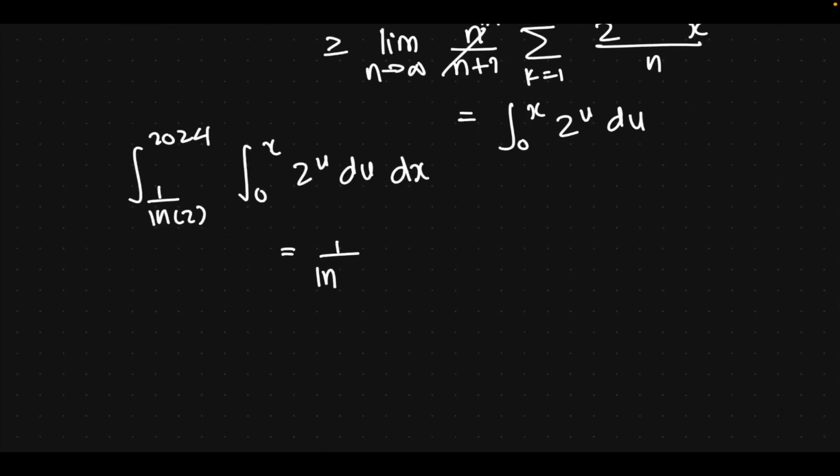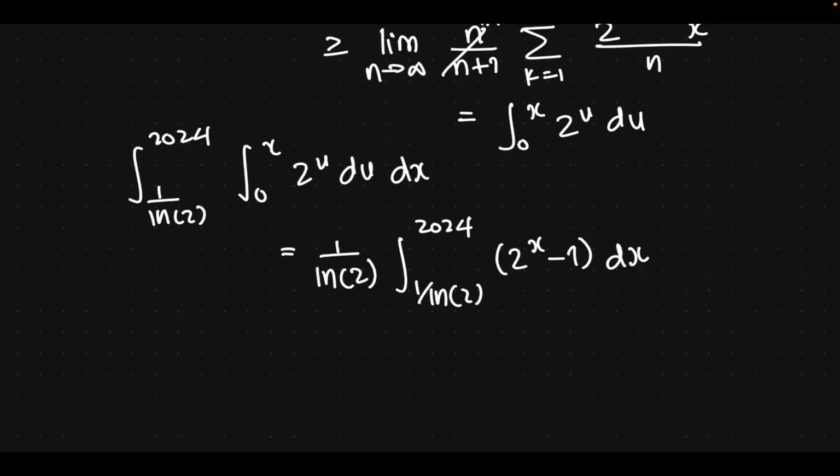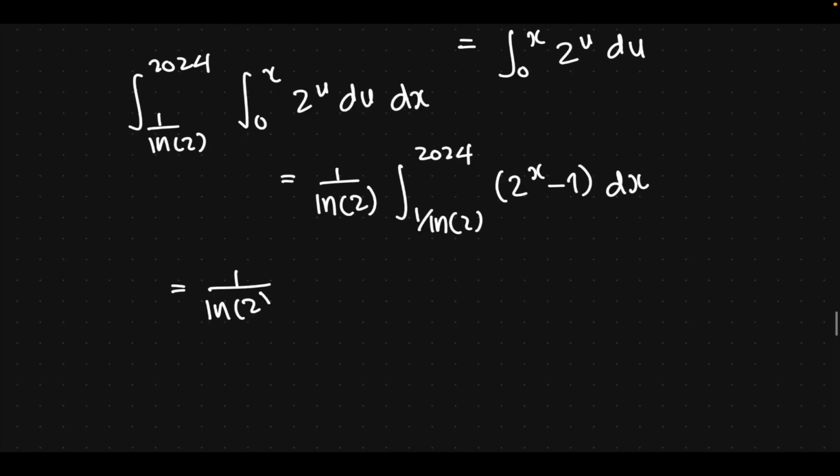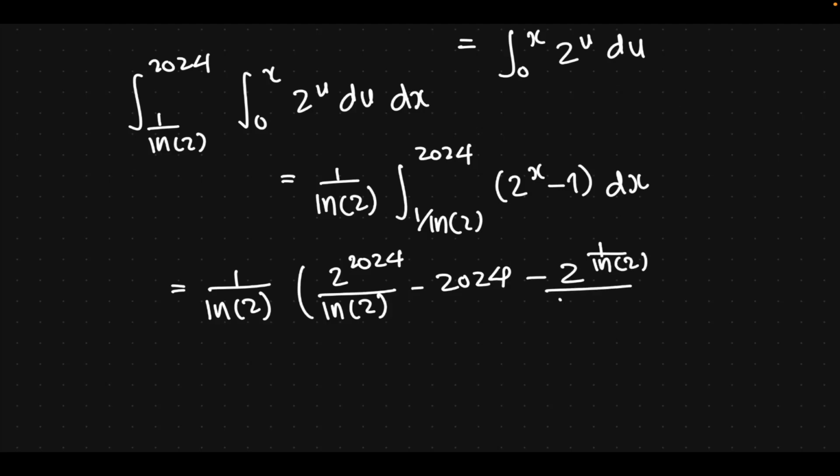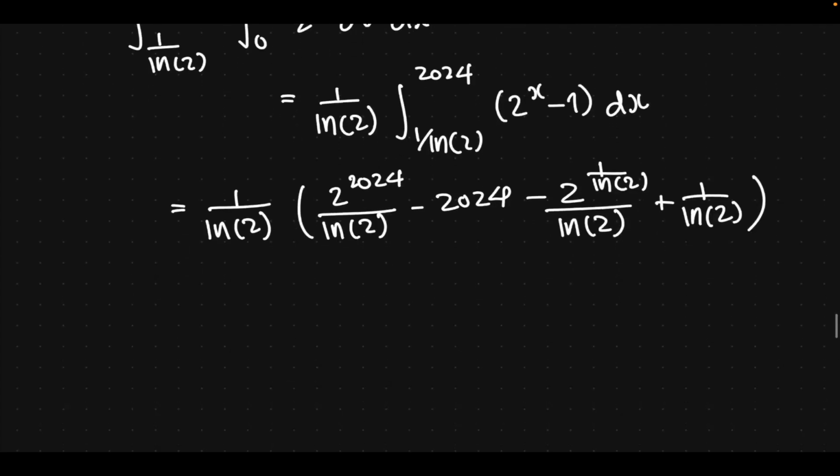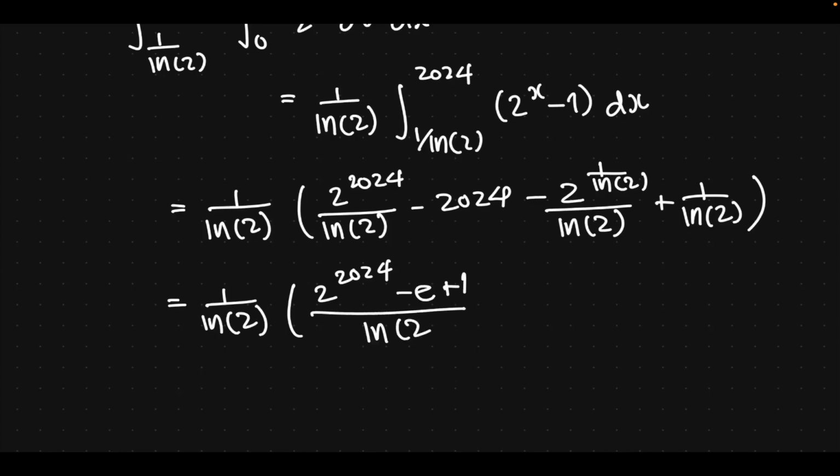This turns out to be 1 over ln 2 to the 2024, integral of 2 to the x minus 1 dx, which can be simplified: 1 over ln 2, 2 to the 2024 over ln 2 minus 2024 minus 2 to the 1 over ln 2, over ln 2 plus 1 over ln 2, 1 over ln 2, 2 to the 2024 minus e plus 1 over ln 2 minus 2024,